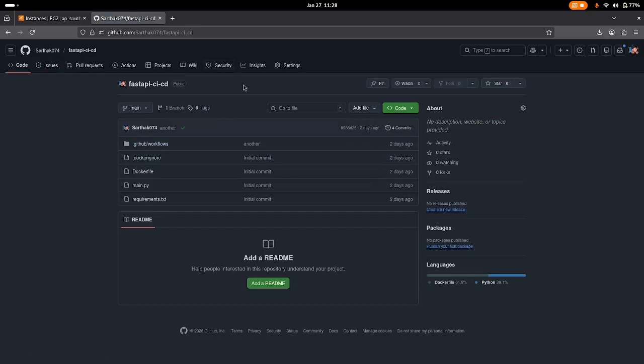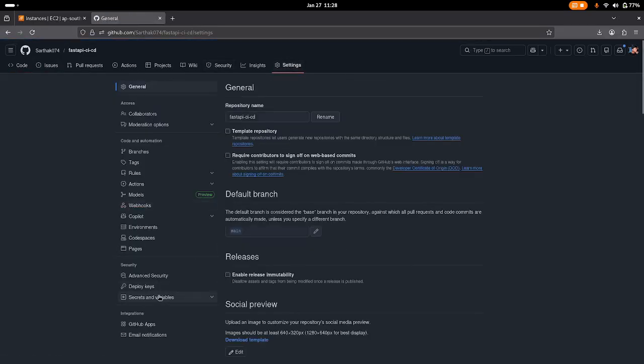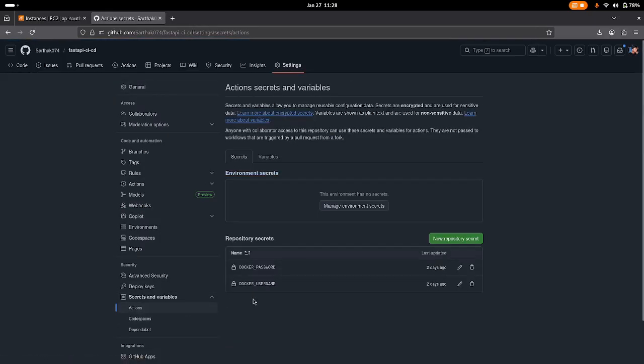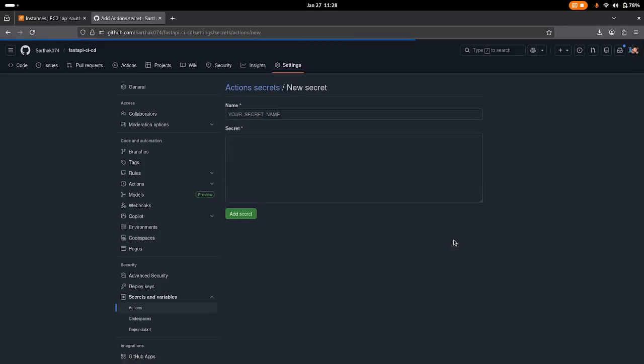Repository, and inside it click on settings, then click on secrets and variables, and click on actions. After that you need to add a new repository secret, so click on it. Give it the name SSH_HOST,